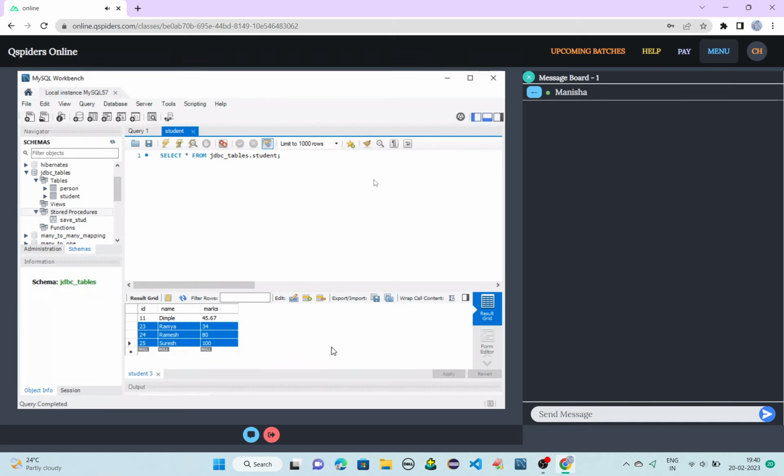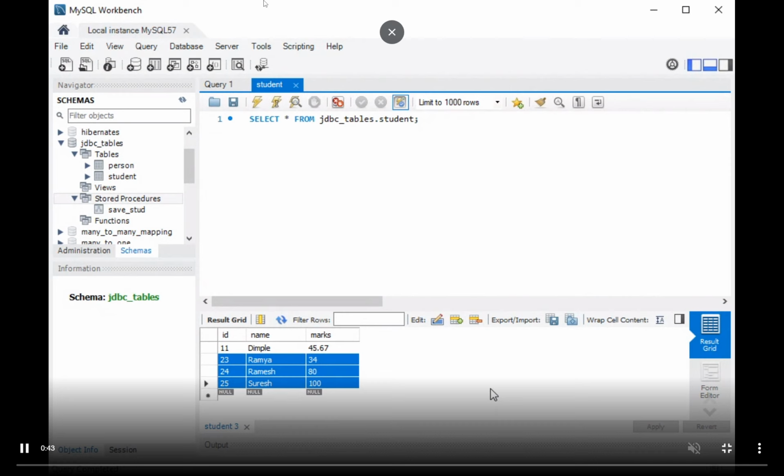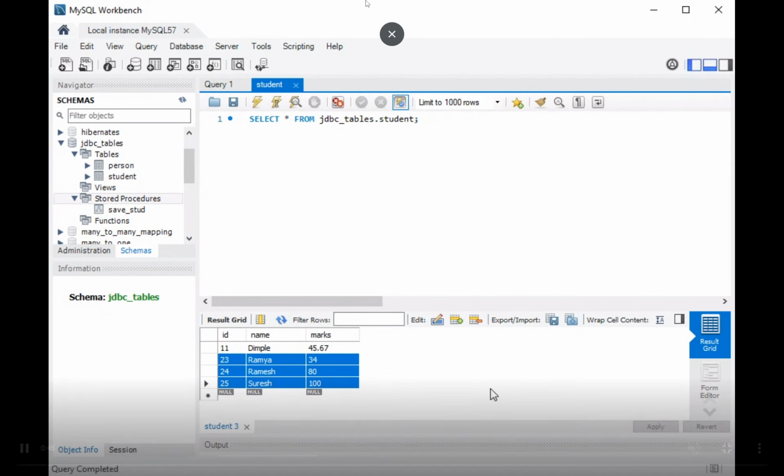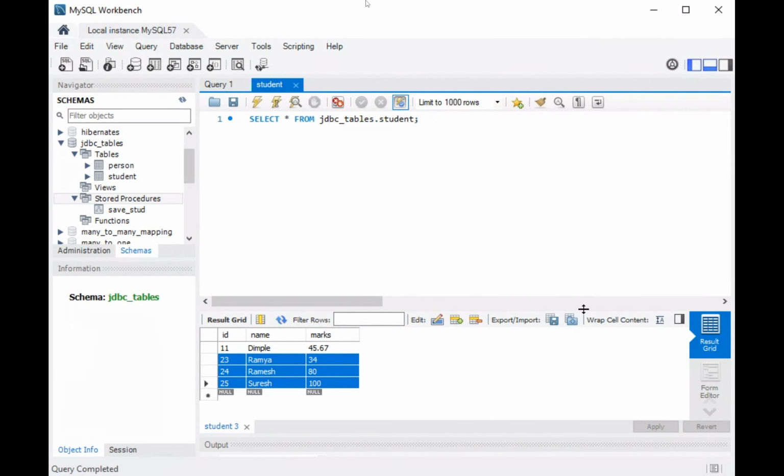Batch execution, stored procedure, prepared statement, advantages and difference. Difference between statement, prepared statement, callable statement, difference between execute query, execute update, and execute batch. All these 4 differences you people should know. And that's it. In JDBC, these are important things.